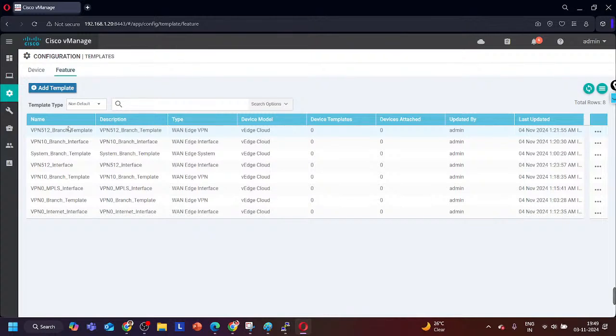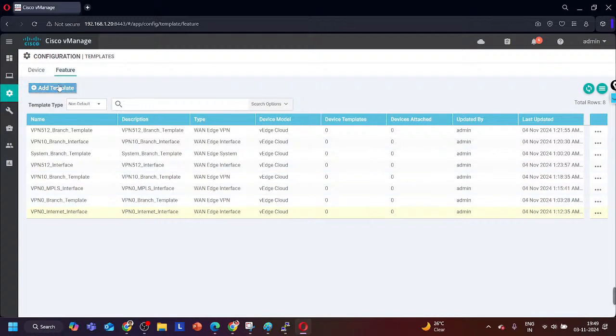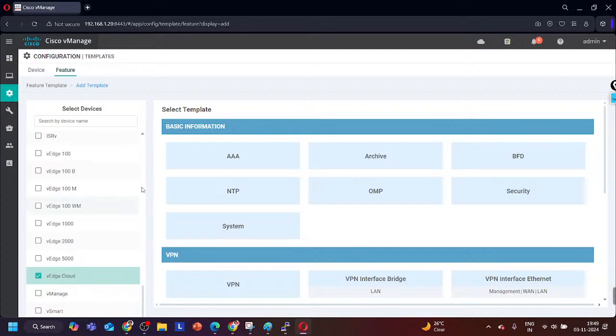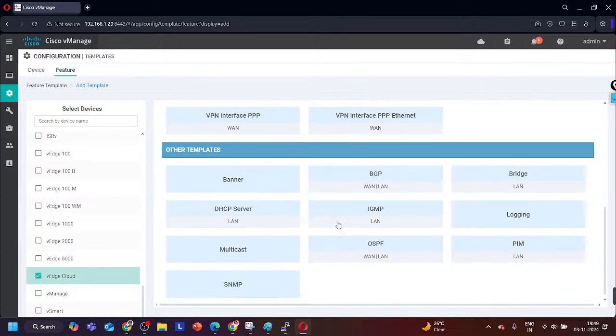See how many feature templates I have created: 1, 2, 3, 4, 5, 6, 7, 8, right? 8 templates I have created. Now I am going to create one template for OSPF. So again, let's click on add template, select the device, and this time I am going to select the protocol OSPF,